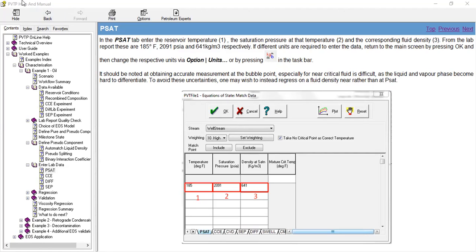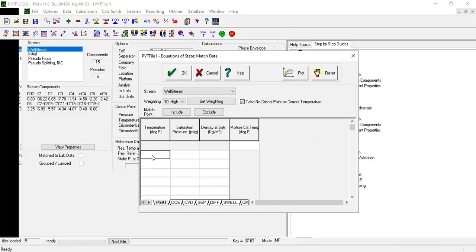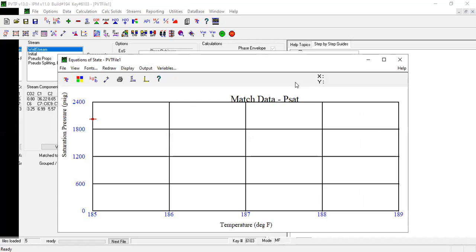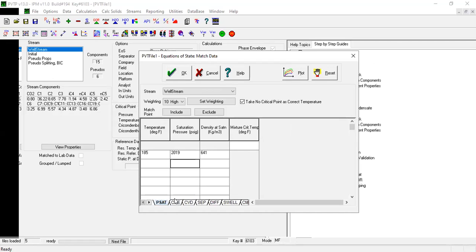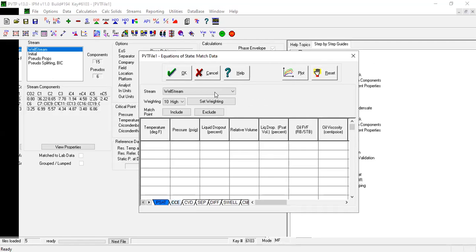Okay, so let's input the data. Okay, now we will, for the CCE,